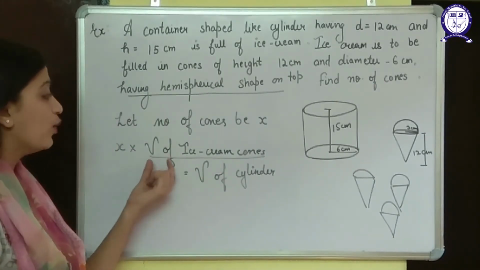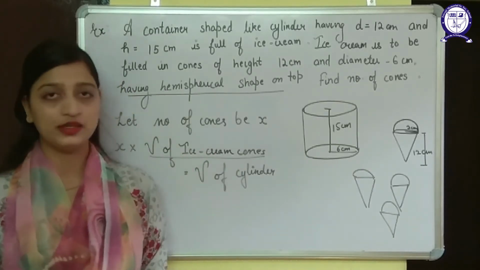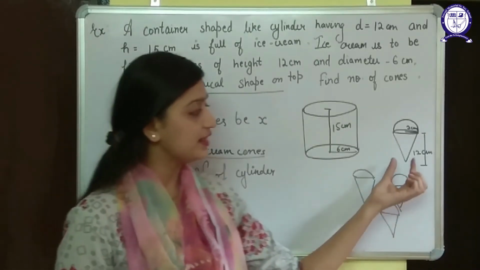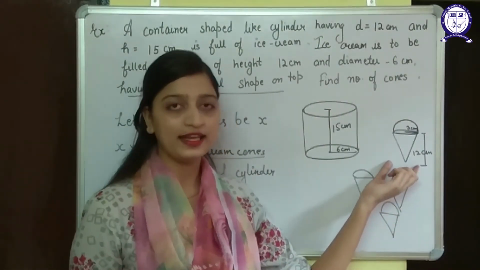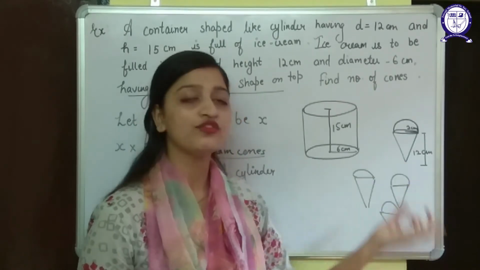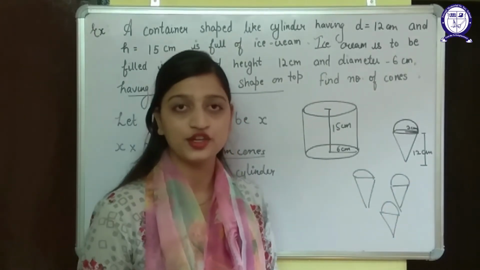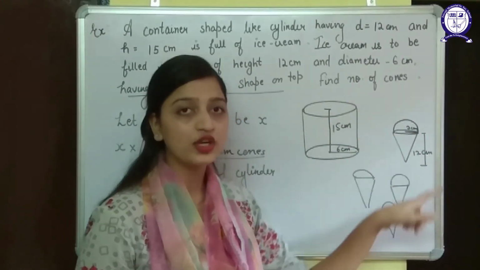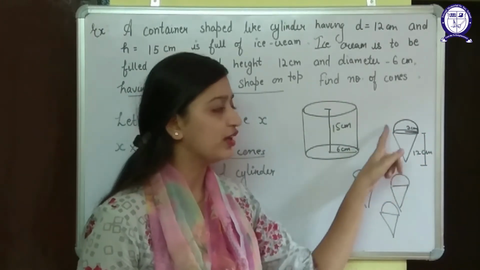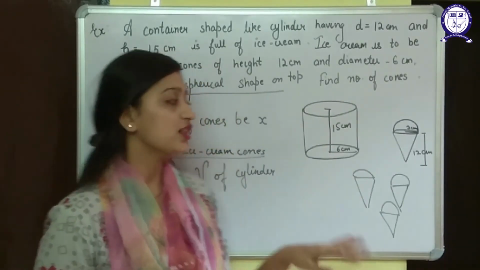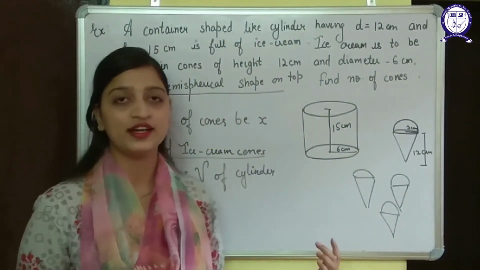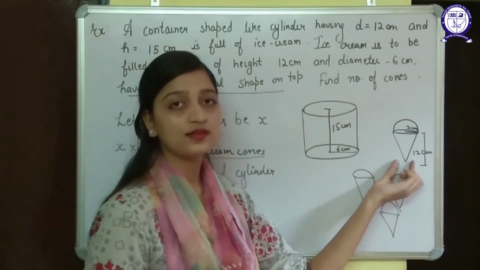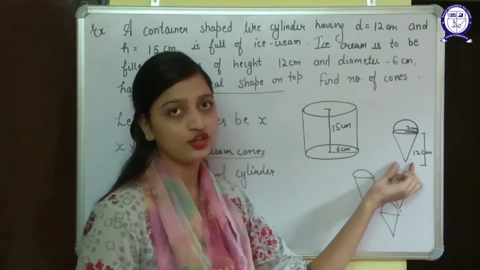Now again, what is the volume of this ice cream cone? You can see that the ice cream is in this shape. And from the second exercise, we know how to find the volume of the combination of solid. Since the hemisphere is on the top, that is outer part, the volume of two figures will be added. Okay. This question is the combination of the third exercise and the second exercise. It has the volume of combination of solid here.